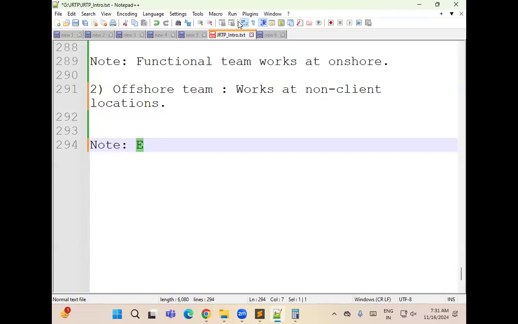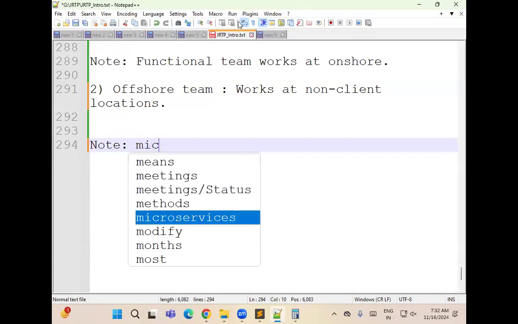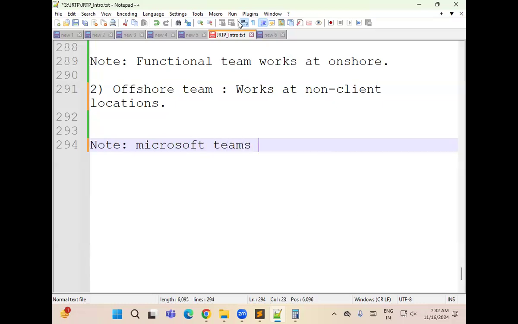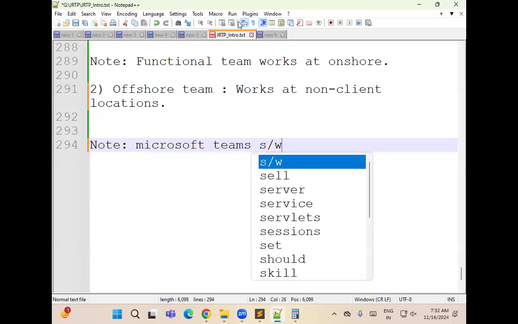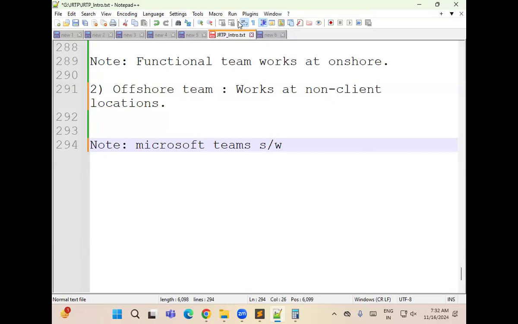So in the company also, meetings will happen like this every day. Today I am using Zoom software for online meetings. In the company, we will use a software called Microsoft Teams. What is the software name? Microsoft Teams. To check whether you have genuine or fake experience, in the interview we will ask this